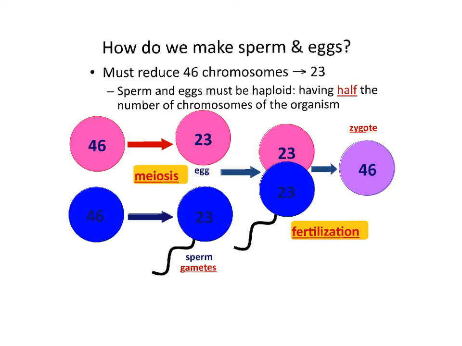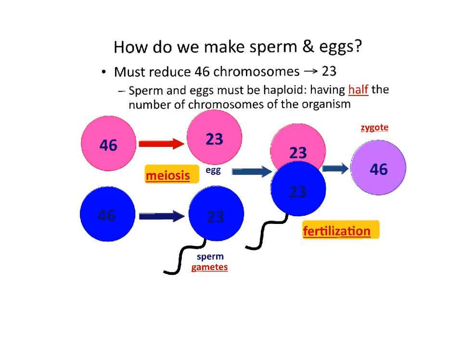So the whole purpose, remember, of meiosis is to reduce that number of chromosomes from 46 down to 23. Okay? And we want to do that so that you can combine an egg plus a sperm to make what we're going to call a zygote, which is a fertilized egg with 46 chromosomes. So in order to do that, we have to take cells that are starting off as what we would call diploid cells,